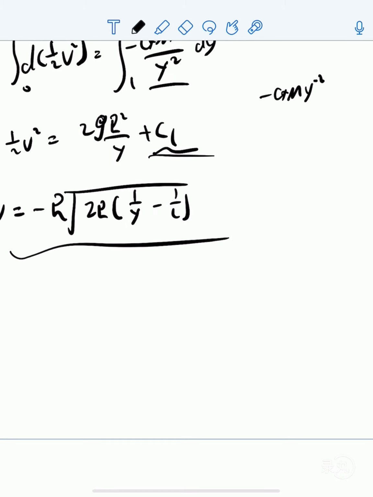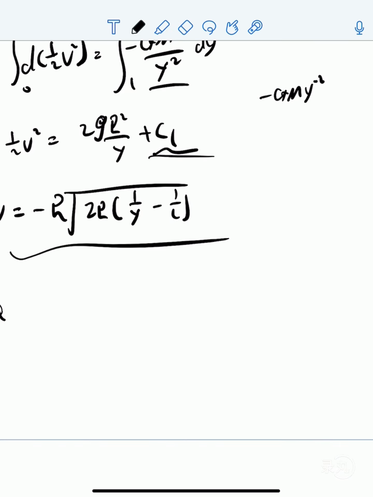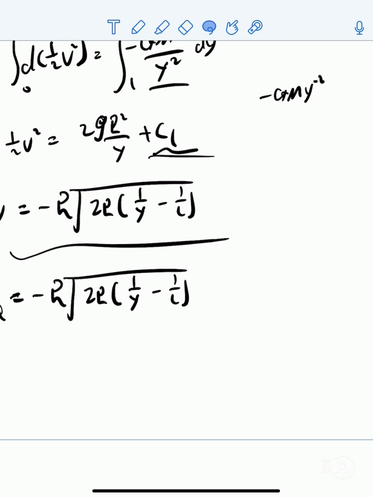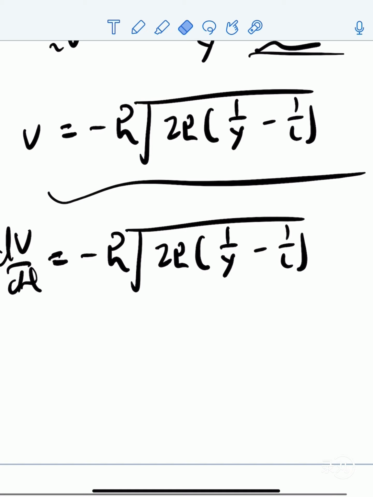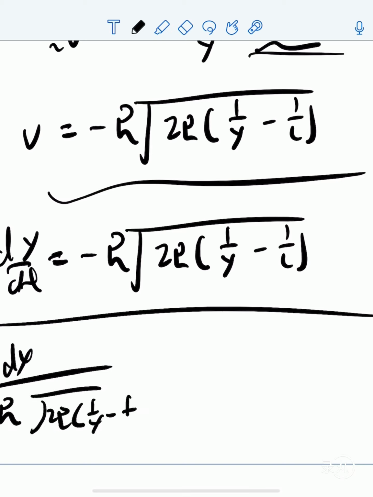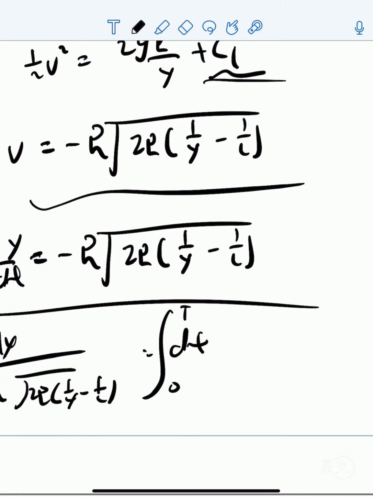And now we have dy dt, or in other case, yes, this is equal to this term. And if we move this to, let me see. Wait, I'm done. dy dt is equal to this. And move it to that side, we can get this over y minus L is equal to dt. And for 0 to t, and this one is from the height to the radius of Earth. So if we integral,